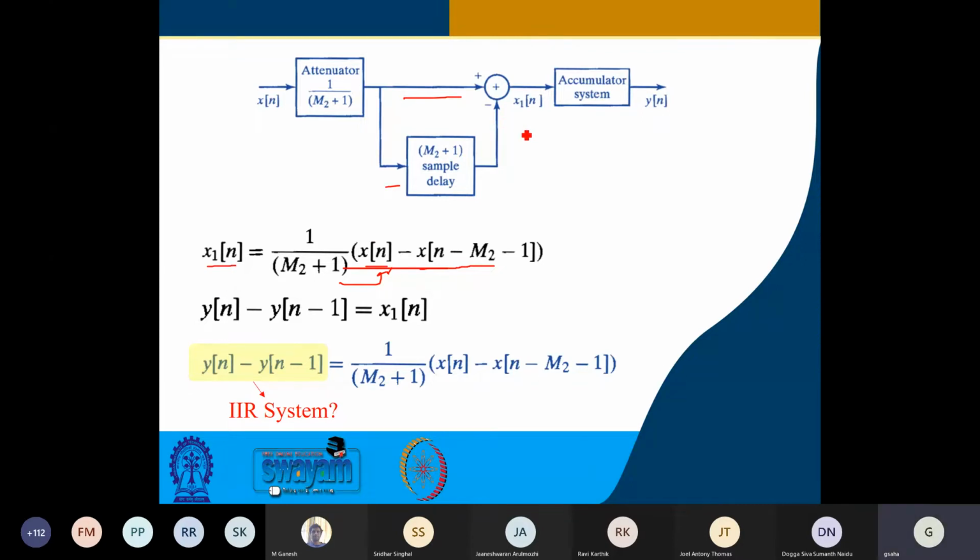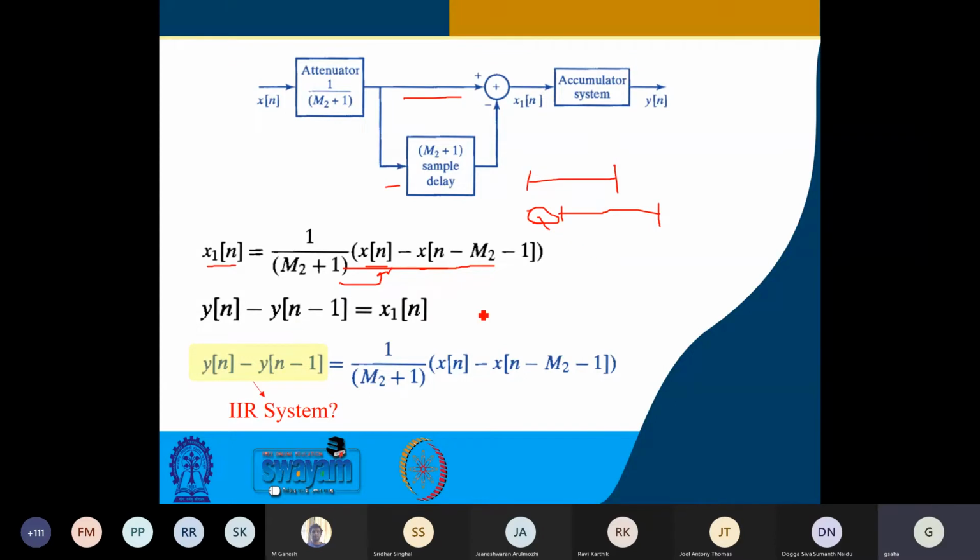Fine. Does it answer the person who asked what is happening here? Yes, sir. Okay, thank you. The sample delay is basically just a delayed version of the signal. We discussed it maybe during shift invariance also. So this is your x[n], and if it is delayed, this will be your x[n-1]. And initialization: usually we consider the system initially relaxed, so the initial values of these delay units will be 0. That is another part of it.